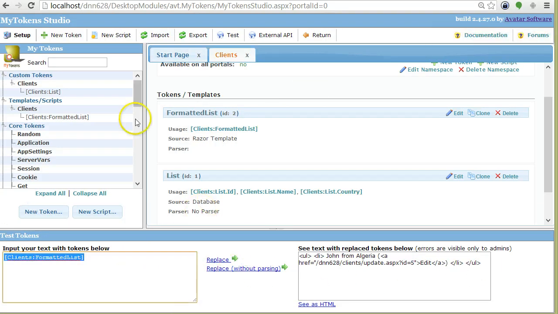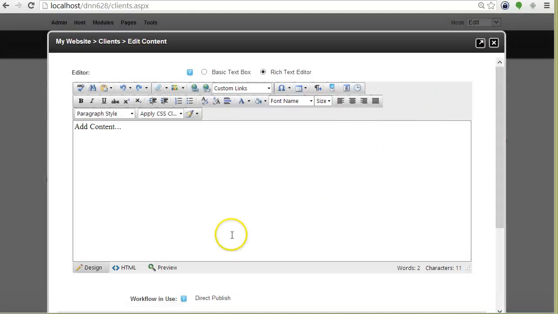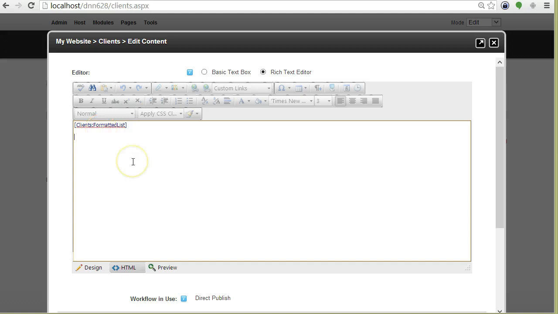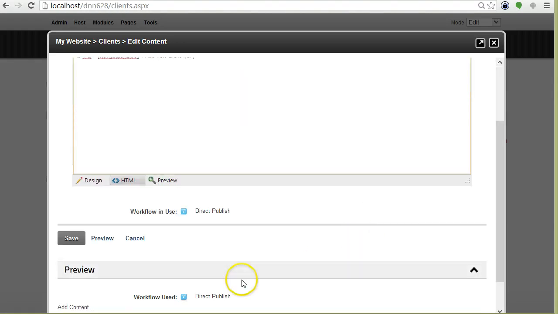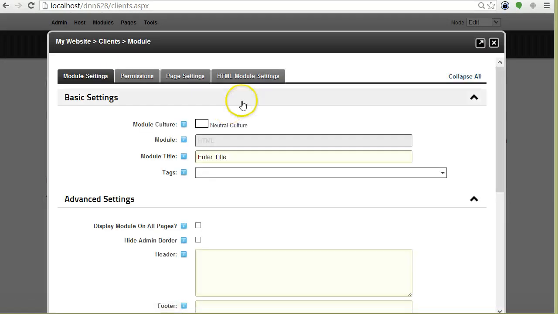And now I will take this token and I will go back to the client's page, and I will use this HTML module. I will have the list here, and then maybe some new lines, and then I will have an add new client button. And here I would actually use the same token, navigate URL, and take the tab ID, which was 96. Okay, I will save this, and I have to go to HTML module settings and enable tokens